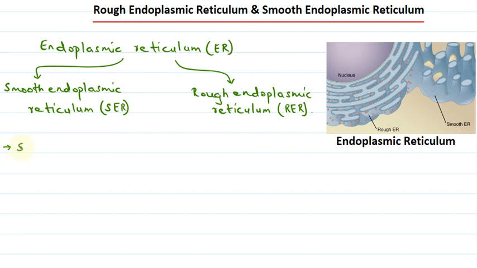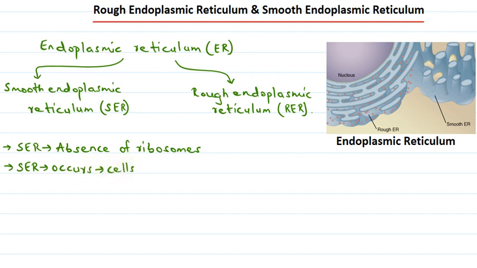So this SER, that is the smooth endoplasmic reticulum, is smooth because of the absence of ribosomes in its membrane. So SER, as we can see here, has no ribosomes present and hence it appears smooth, and hence the name, the smooth endoplasmic reticulum. Now SER occurs in cells that are